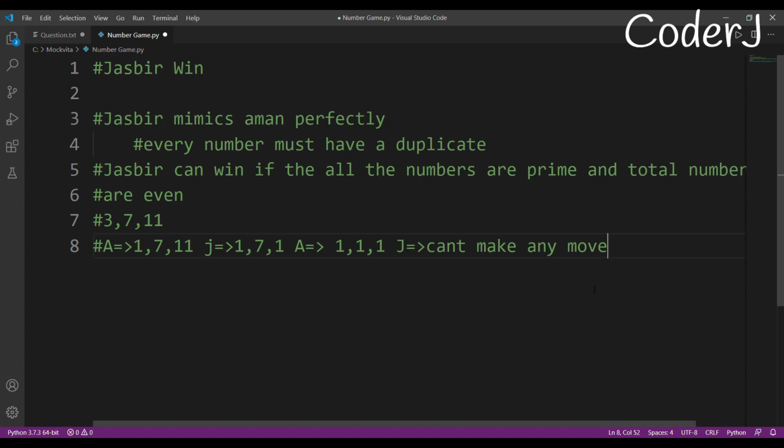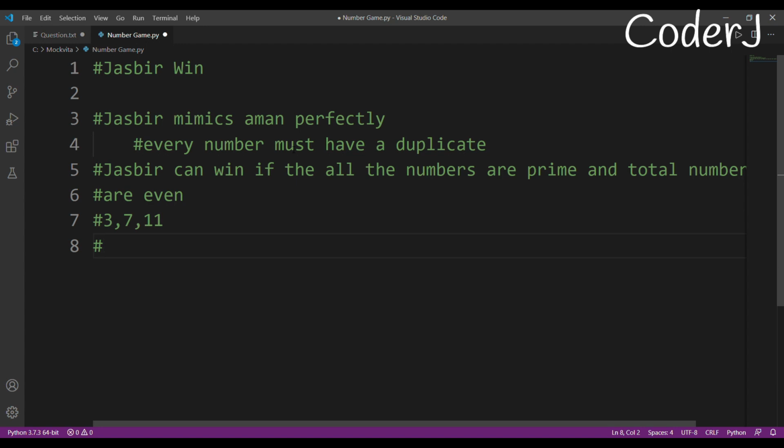So that is why I have written these two conditions: Jasbir can win if all the numbers are prime and the total count is even. Because if the count is odd, this will give an advantage to Aman, since he is the first one making a move. The other condition I've written is that Jasbir mimics Aman perfectly. So every number must have a duplicate, and if every number has a duplicate, then the total count will be even.